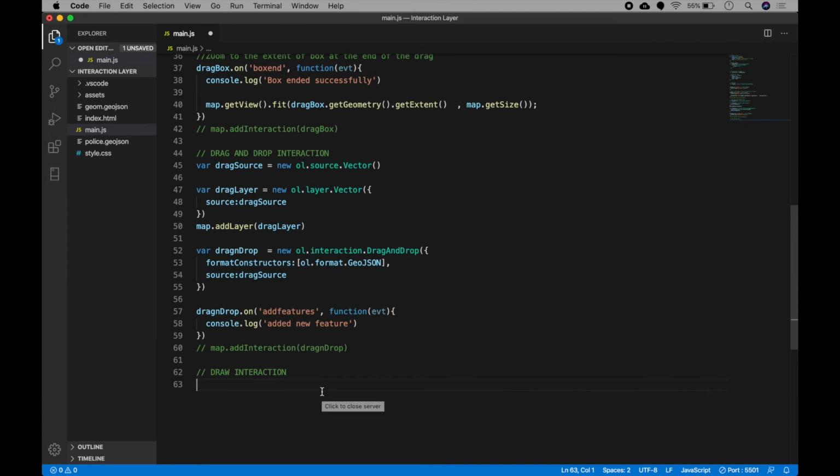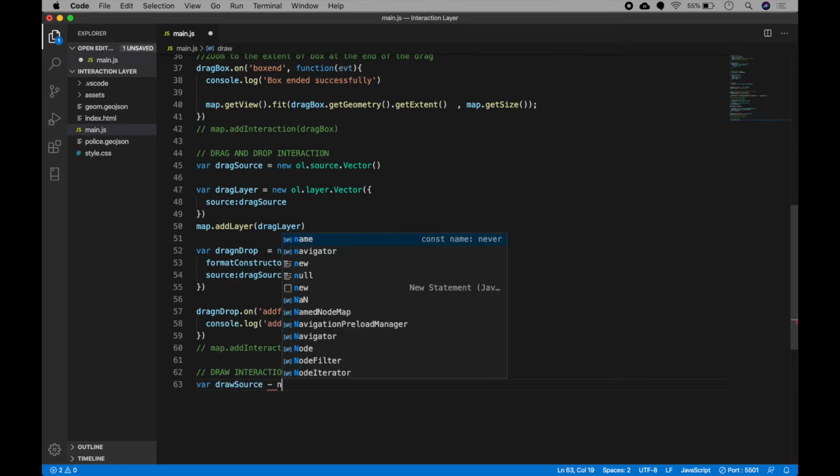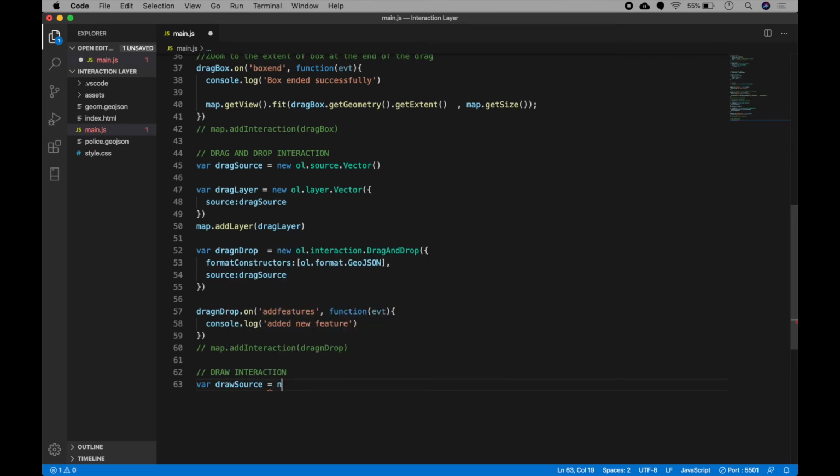So as we did in drag and drop interactions, we first need to add the vector layer and vector source. So var drawSource again equal to new ol.source.Vector. Cool.